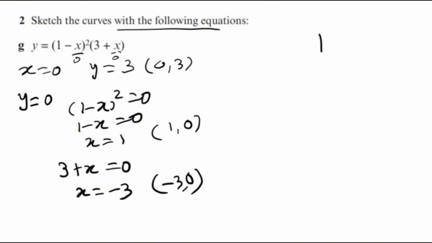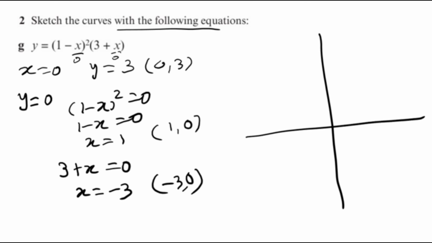Okay, now let's sketch it. This is my x-axis, this is my y-axis. First put the point for the y. I need (0, 3). So suppose this is 3. You know, these graphs are not up to scale. We are just sketching it. This is (1, 0) and this is minus 3, right? Okay. And it's a positive x graph. So it starts from